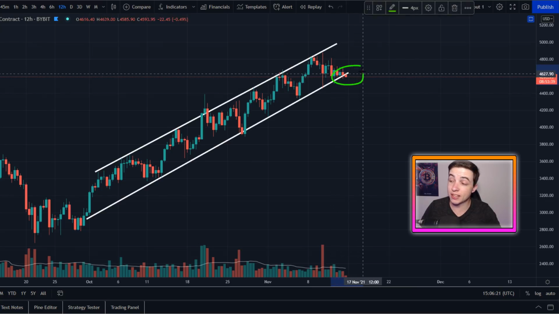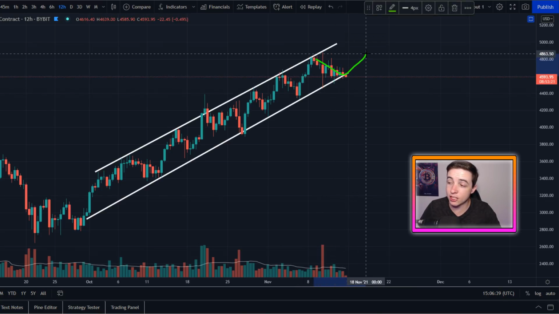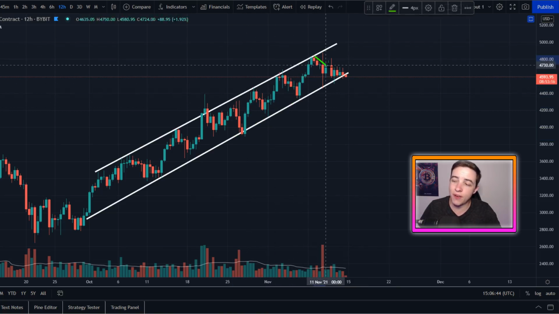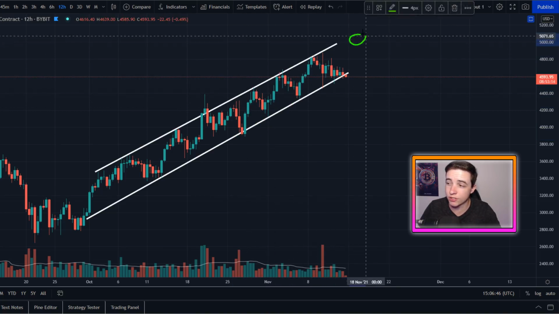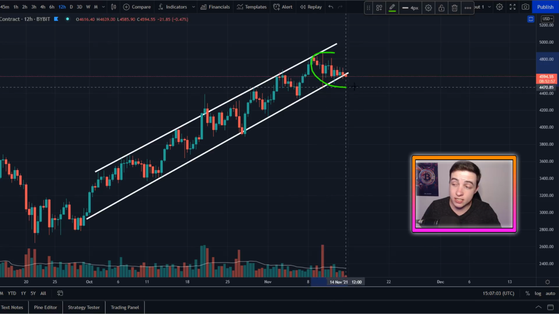So this is also something that I'm keeping an eye on right now, because the bullish scenario is if we see a bounce here at these support levels, that would basically turn out like all of these other bounces so far, and would very likely come back up towards this line of resistance, which is right now coming in at about 5,000 US dollars. But if this is the pullback that finally breaks this upwards trending line of support to the downside,